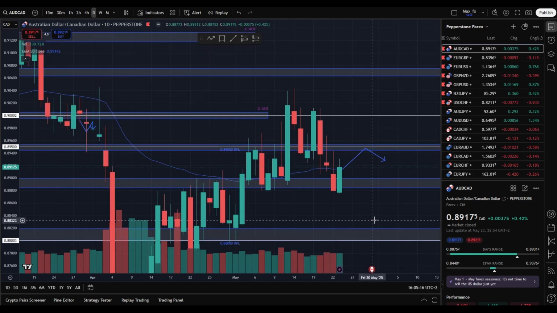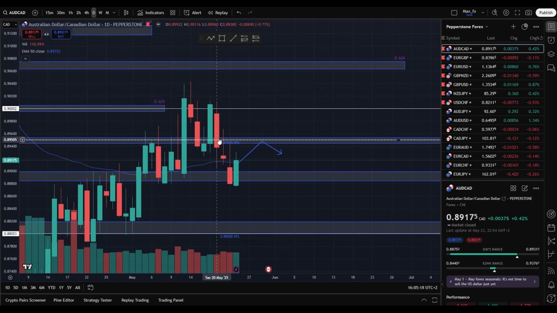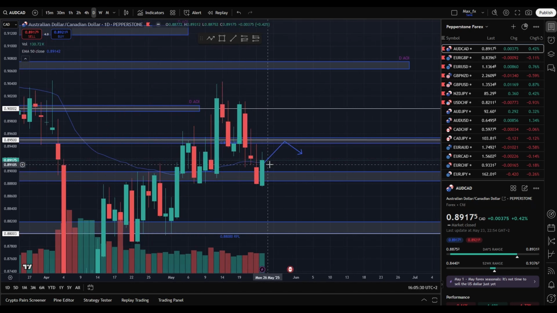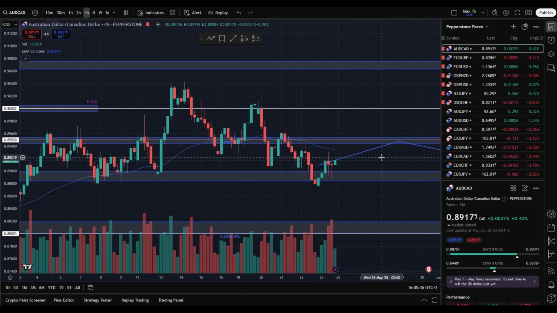And if I go to the daily chart, I am seeing some sort of double top that was broken, and now we are potentially retesting this neckline here. So what I want to see on the daily chart in order for me to open a short position on AUD-CAD, I want to see a neutral daily candle somewhere around this area with the bearish price pattern